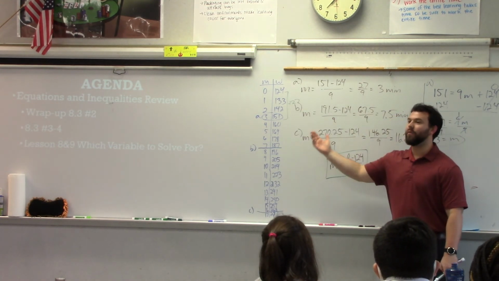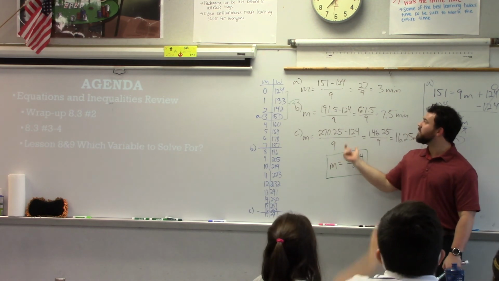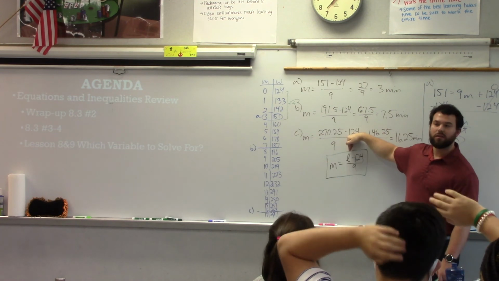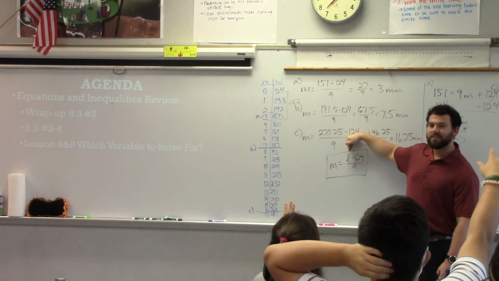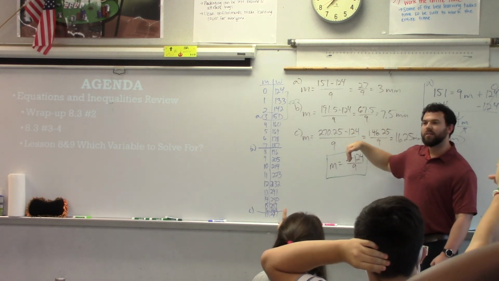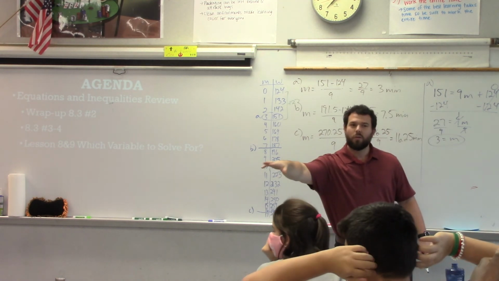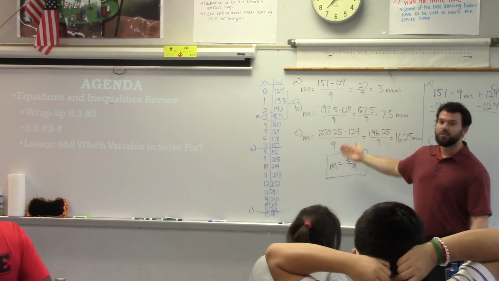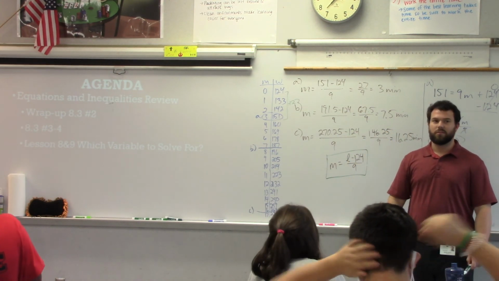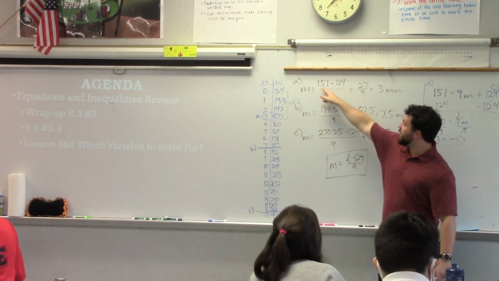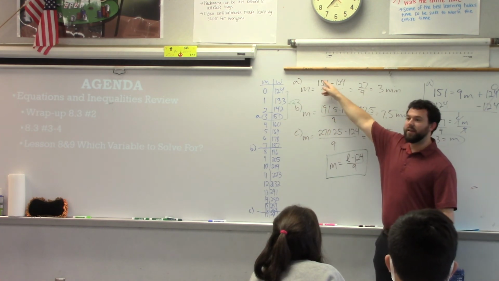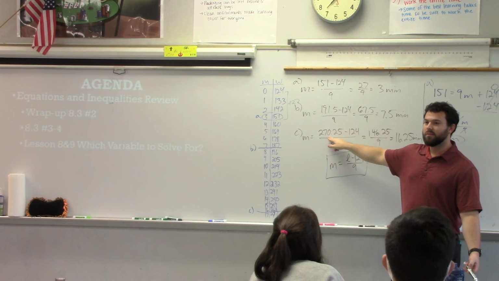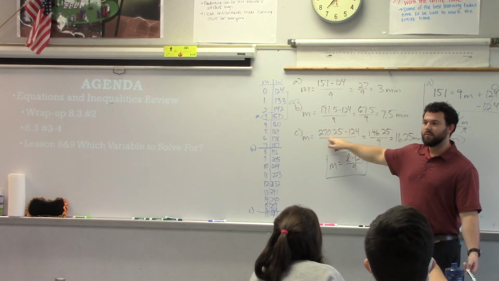But why are we getting an L right here? Look at these three expressions. Why is there an L here? Because it's a variable. Because we don't know what it is. How do you know we don't know what it is? Because there's an L there. There's no L right here. There's no variable yet. We don't know what we're trying to find. 124 is the liters.